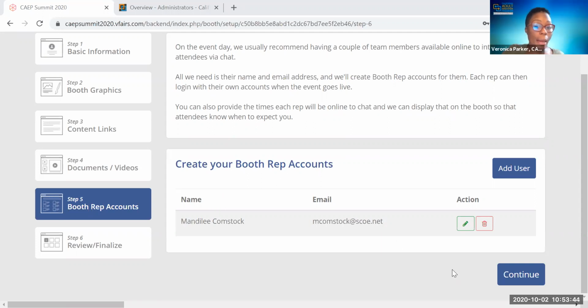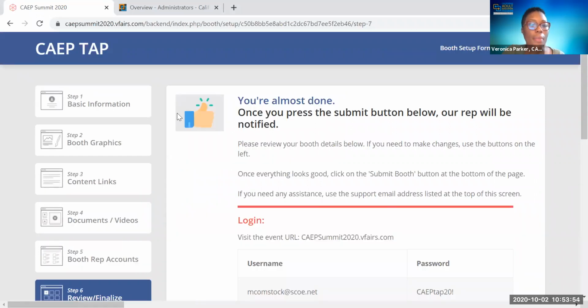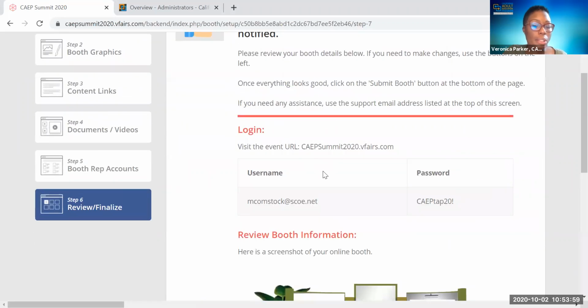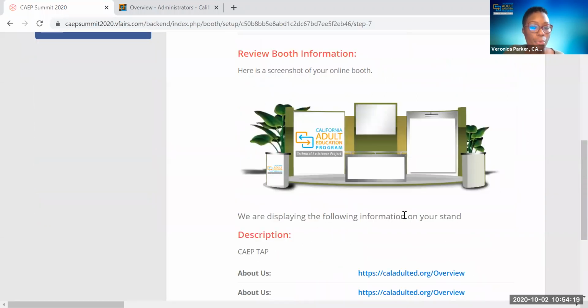All right, so you can add additional booth rep accounts here, and that is that section. Then we'll continue, and here is the last area where you'll review everything. So I have added this account for our CAP tap booth. Our booth rep is listed here with her password, and she would use these log-on credentials when accessing the vFairs platform. Here is the booth that we have,